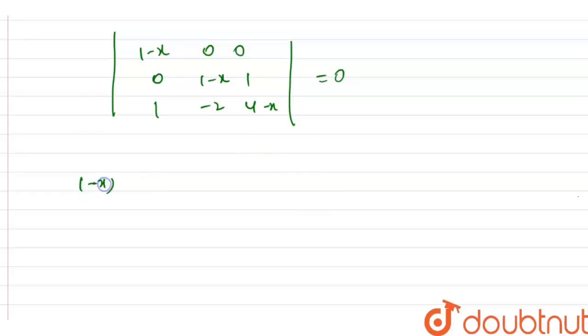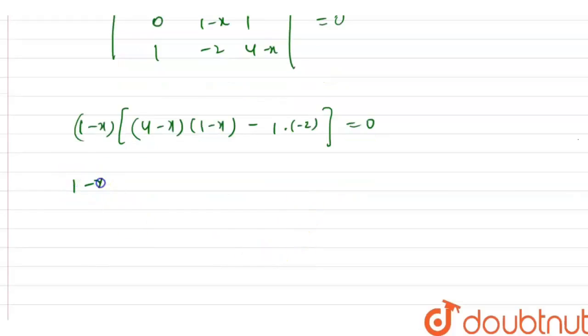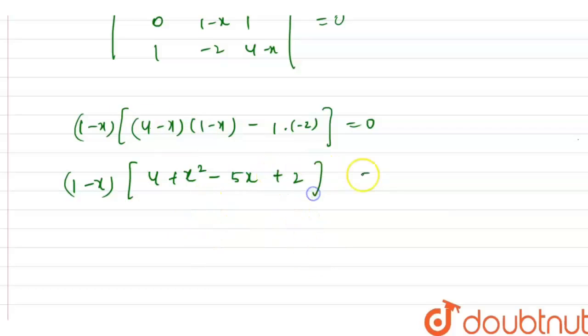So it will be clearly 1 minus X into (4 minus X into 1 minus X minus of minus 1 into minus 2). Okay, it should be equal to 0. I'm going to solve this quickly. It will be 1 minus X into (4 plus X square minus 5X). Understood? I just multiplied this bracket with this bracket. Okay, now it will be minus minus plus 2, equals 0. Now here it will be 6, and I can write this as 6 plus X square